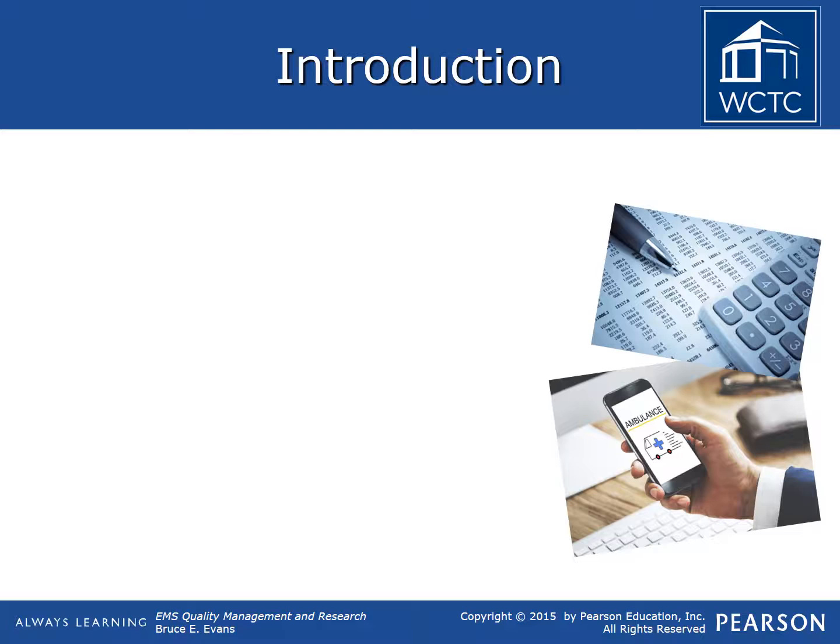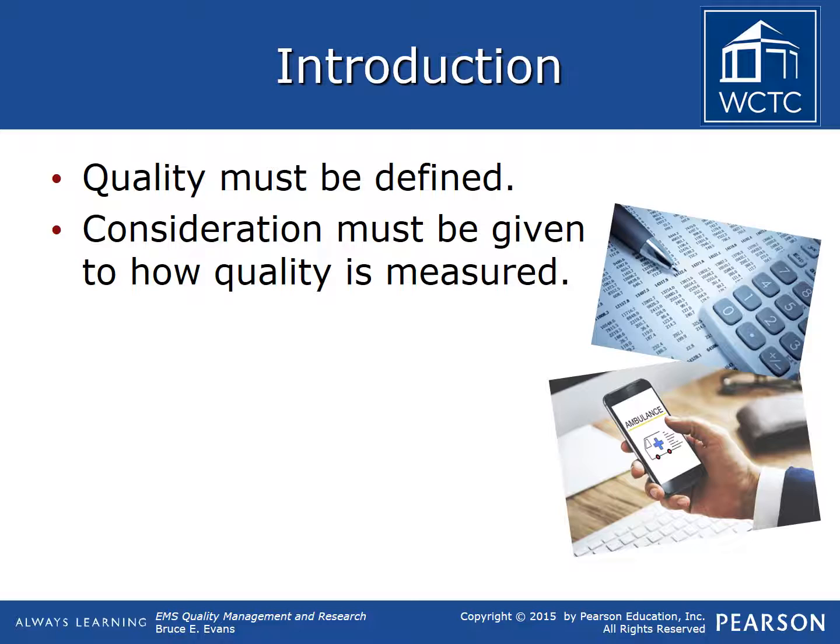In doing so, the EMS agency will define itself and what it does, which then allows the agency to also define quality as an organization. By defining quality, the level of quality desired, and how quality will be measured, the organization can focus members on organizational goals, jumpstart change initiatives, and energize improvement activities.